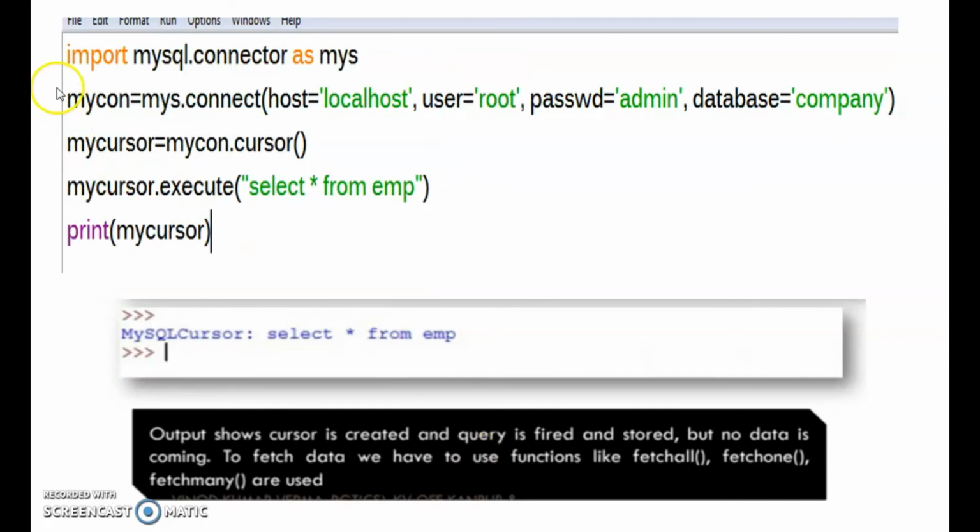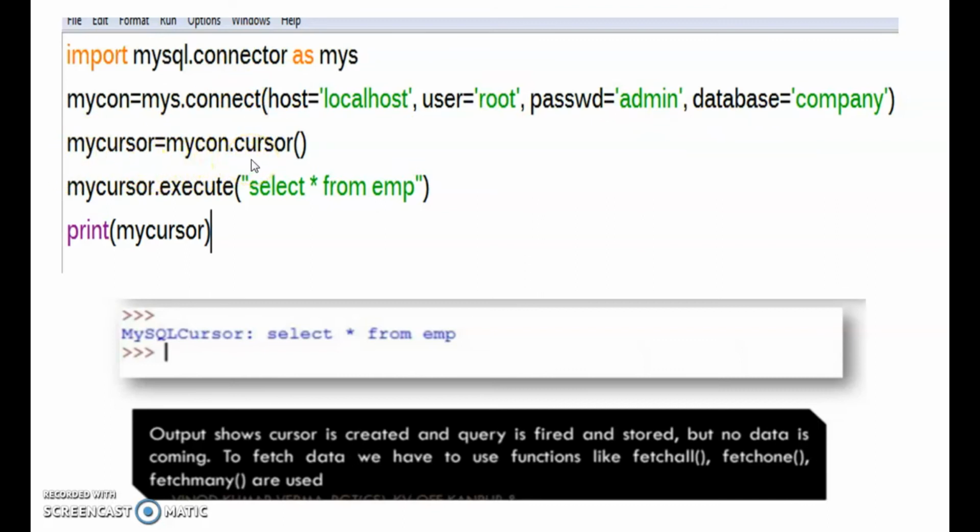To show this concept: import mysql.connector as mys. Then mycon is equal to mys.connect, host is equal to localhost, user equal to root, password equal to admin, database equal to company. So here we connect to one database, then mycursor is equal to mycon.cursor.